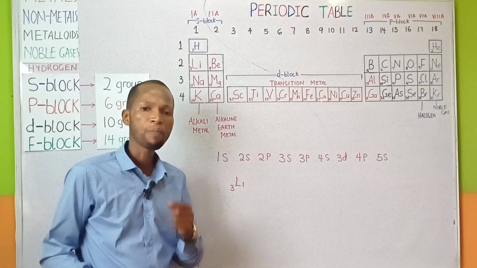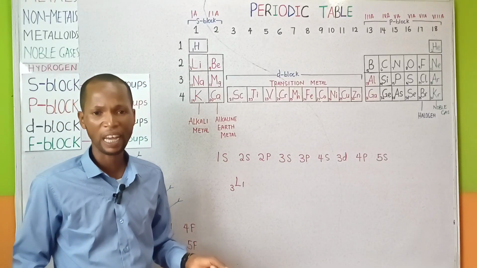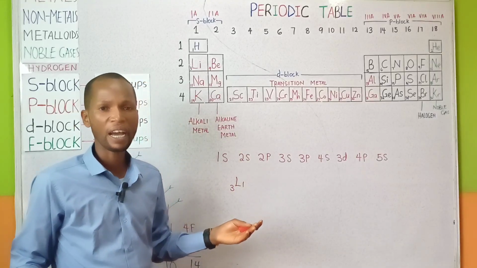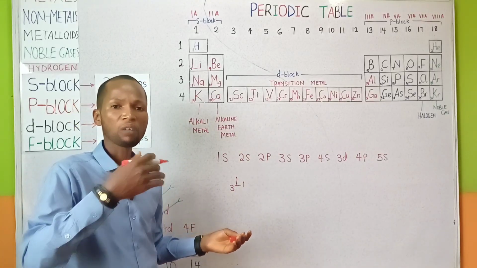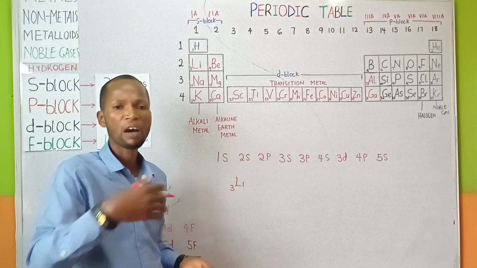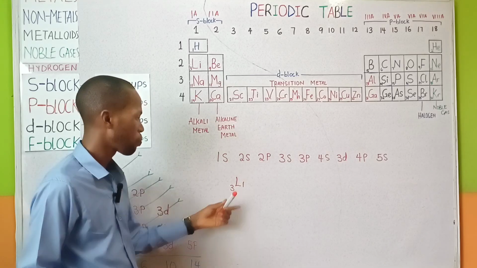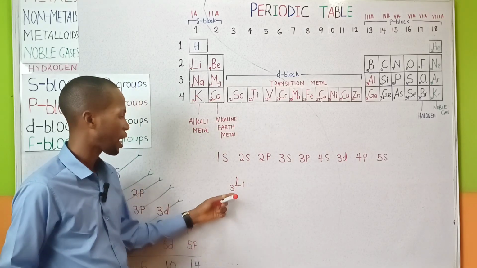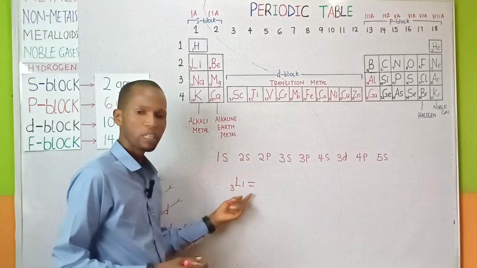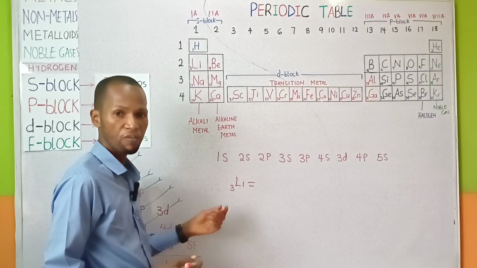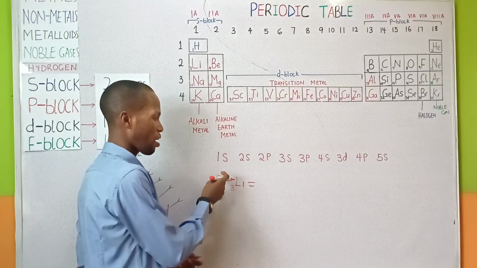Note that the mass number is always higher than the atomic number. I think that is a very good guide for you to understand how to identify the atomic number from the mass number. So back to this, we have lithium with atomic number 3. We need to express the electronic configuration of lithium right here. We have